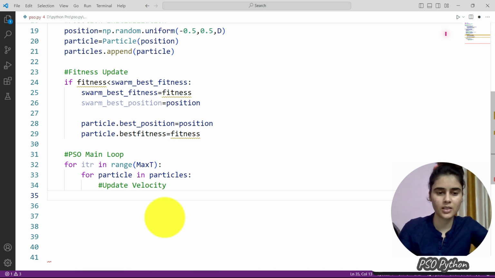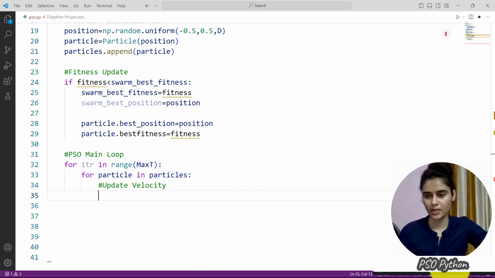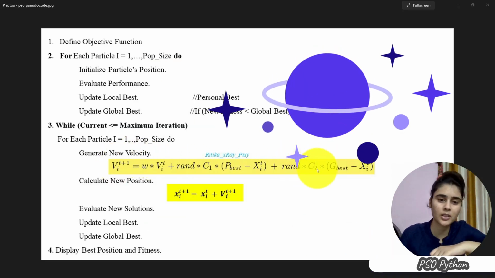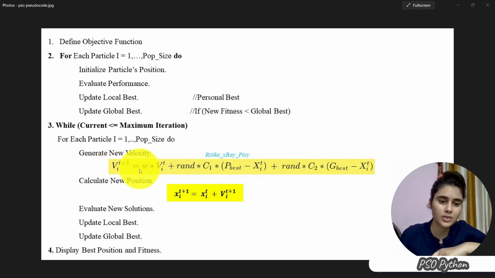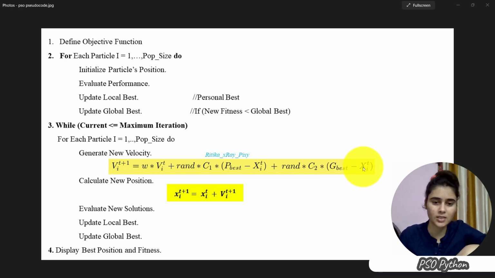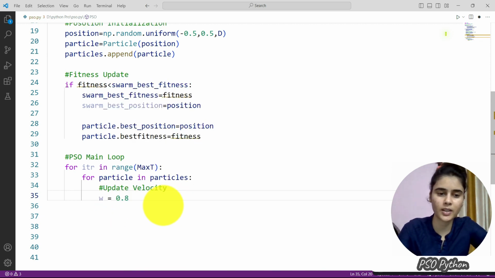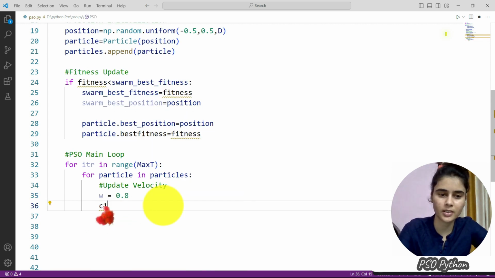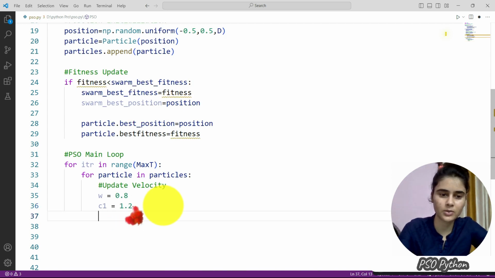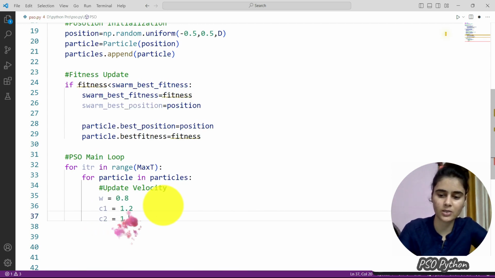velocity. For velocity calculation, you can see this equation: new velocity is equal to inertia weight into older velocity, plus the random number times coefficients C1, C2, the agent's personal best minus its position, plus the global best minus the agent position. We have inertia weight 0.8, coefficient C1 is 1.2, and the second coefficient is also 1.2.